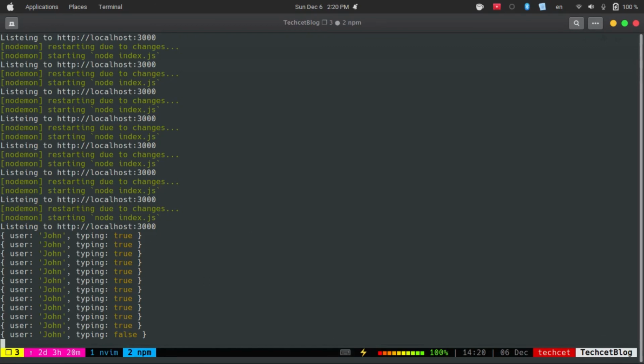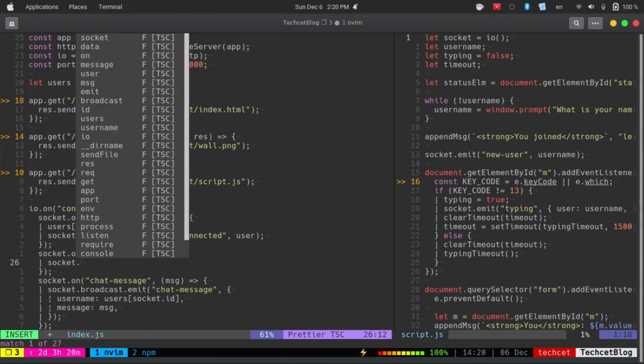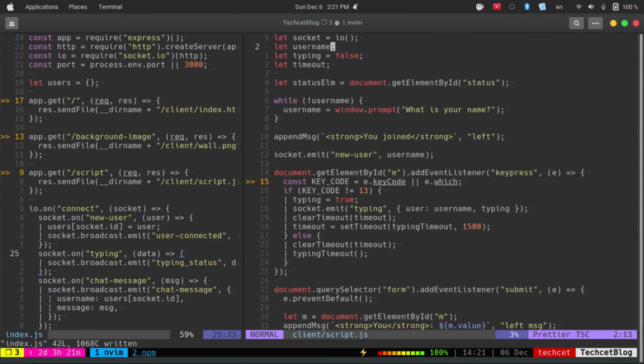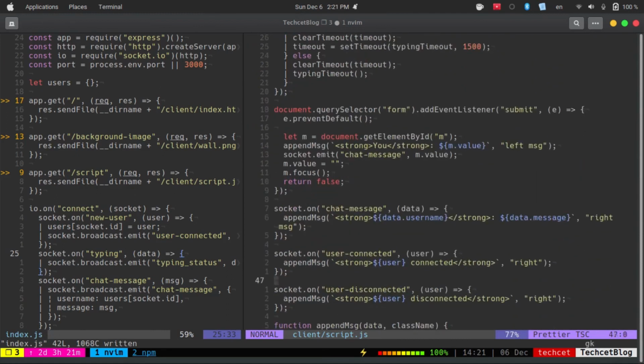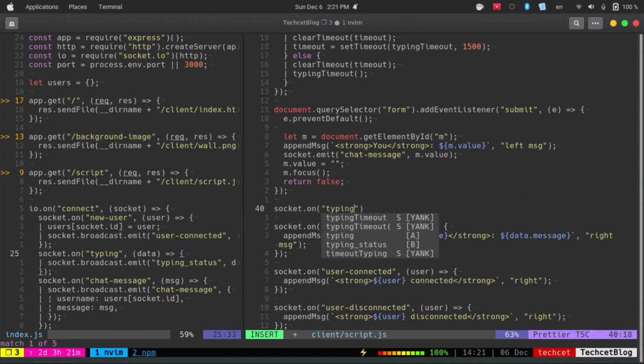Okay, now here we are just going to broadcast this, socket.broadcast.emit, and then typing status, and we are going to pass this data. Save this file, and in our script.js, socket.on typing status, we have data,